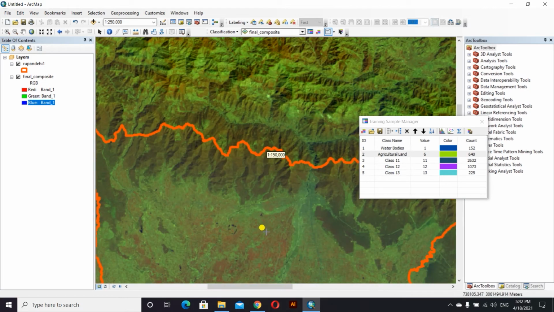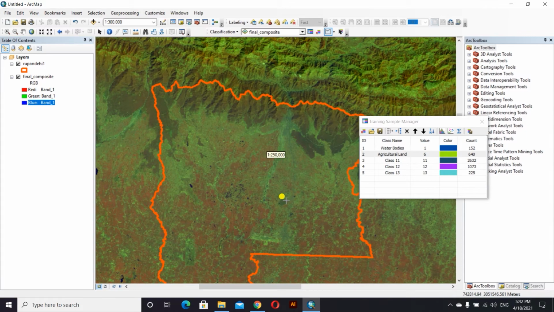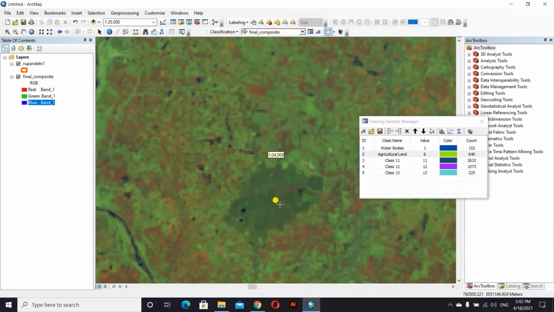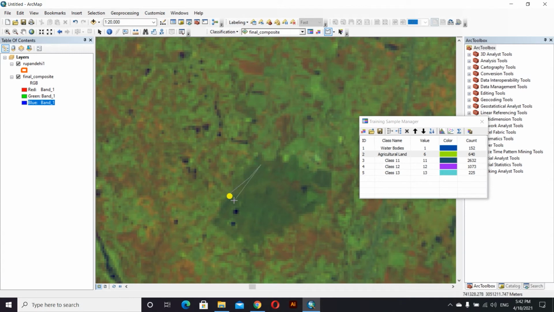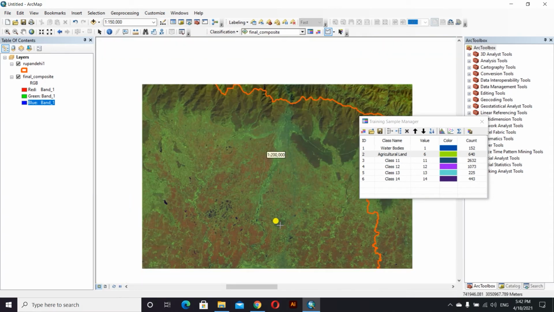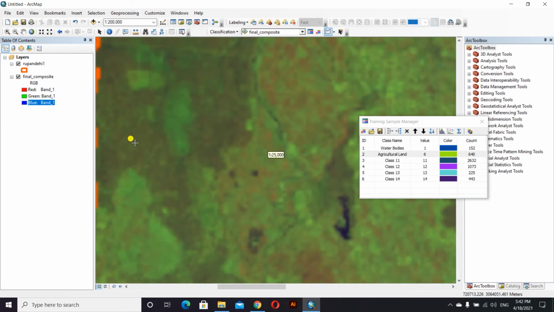Okay, inside here this is also forest area. This is the fourth sample, and here we have forest.